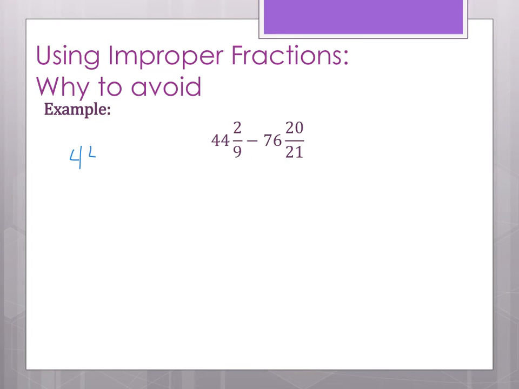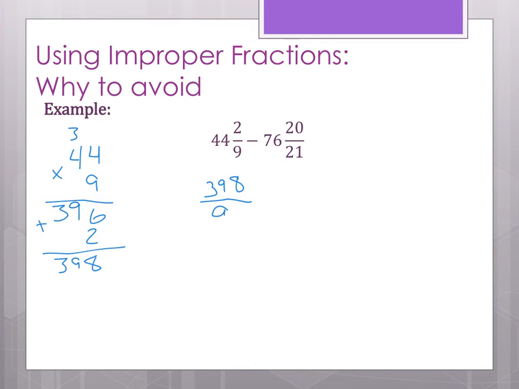44 times 9, we get 36, 6 group the 3, 36 again plus 3 is 39. We get 396 plus the 2, that was our numerator, so we get 398, okay? And we're going to write 398 over our original denominator, 9, minus,